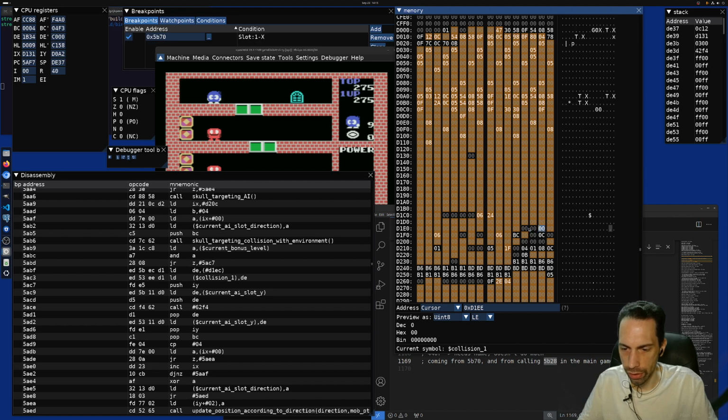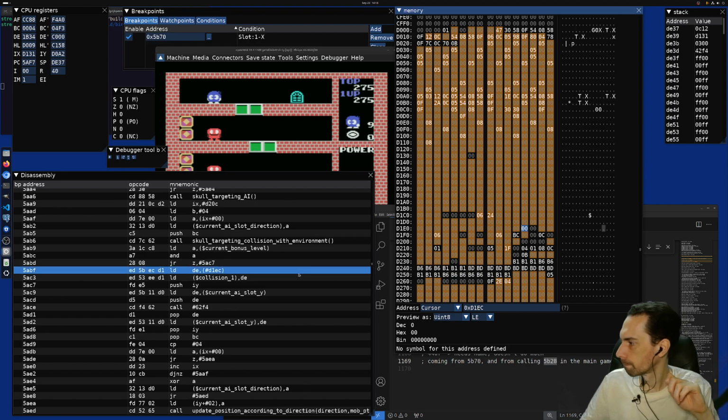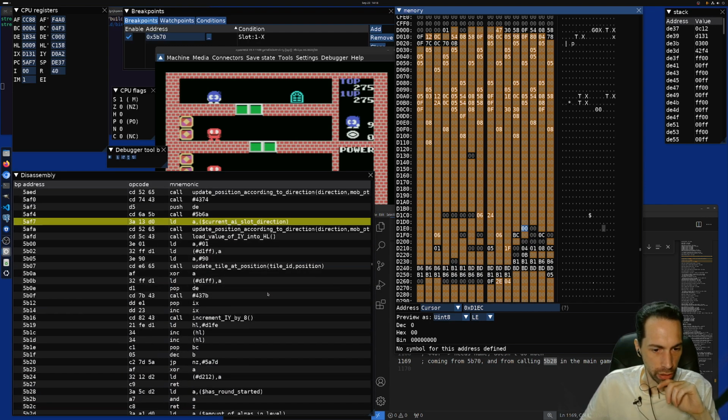Okay, so these are copied into these guys here. So it is collision related, so okay, but we were looking at